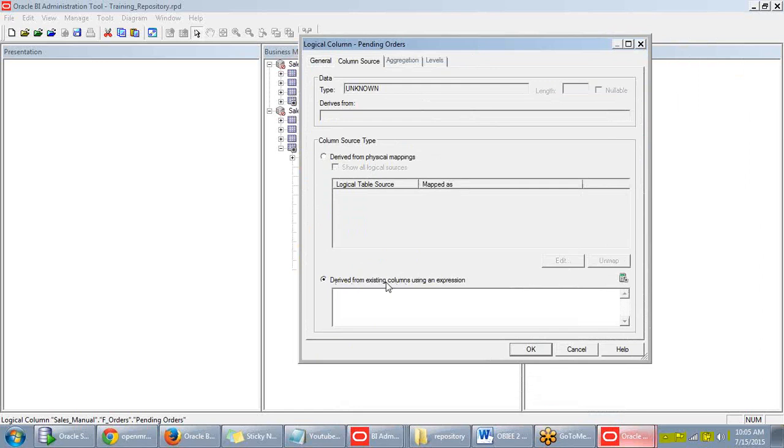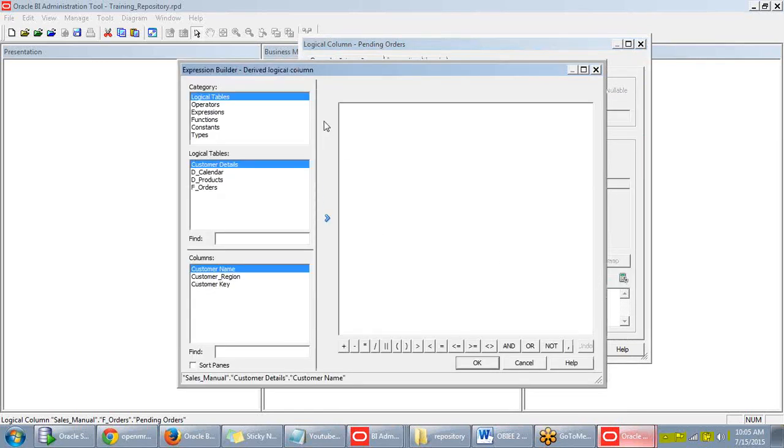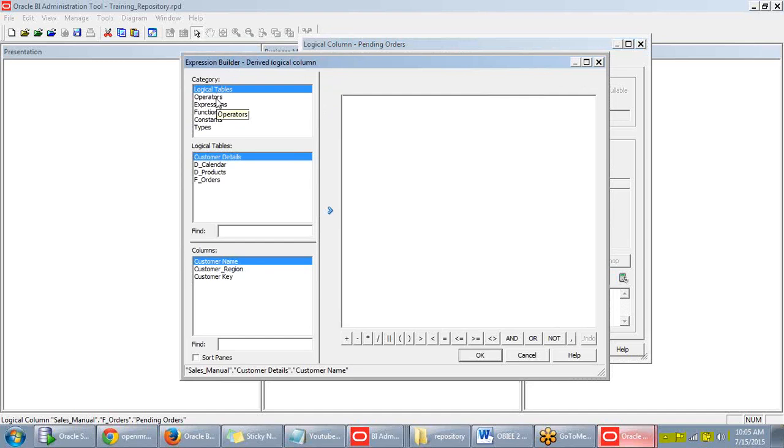After clicking on derive from existing columns using an expression, you will have a calculation button over here. If you click on that calculation button, it shows the categories that are available, that is logical tables and operators. Operators are nothing but any operation that you need to apply on those logical tables. First of all, let us select logical tables over here, that is